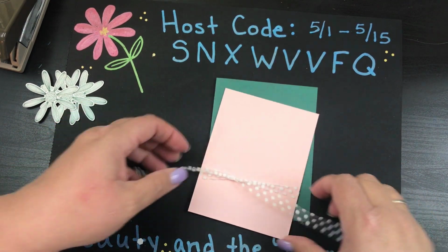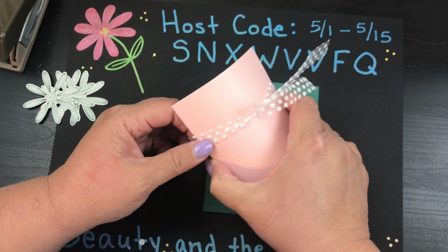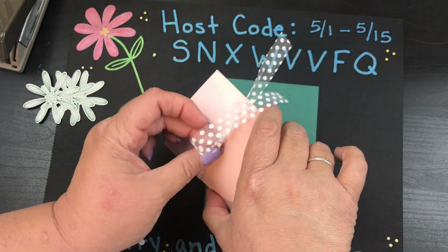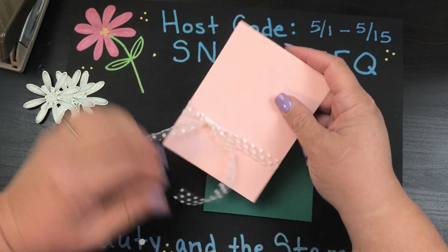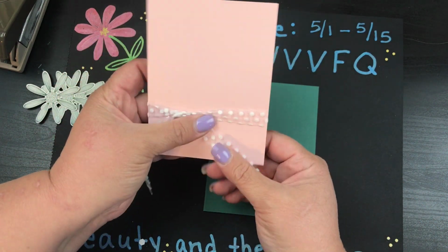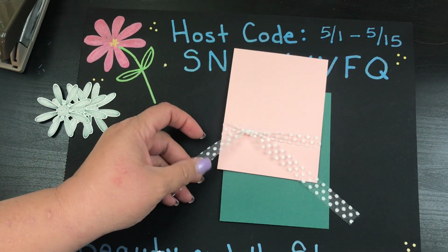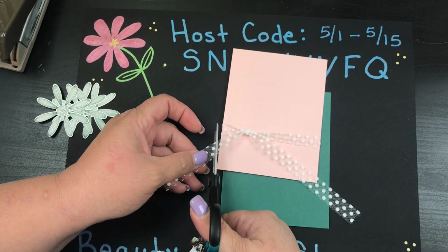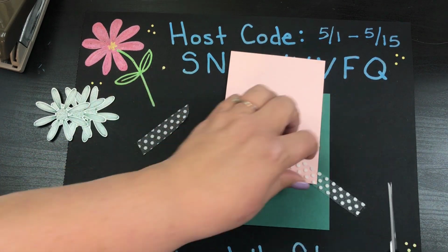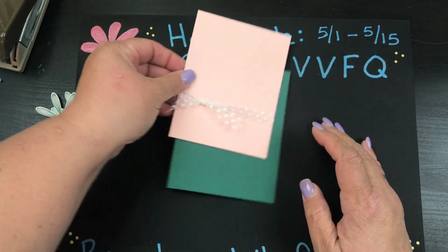So I am just going to put it, I'm not going to put it in a bow. Why? Not because I don't like the bows or because I can't do the bows, because these tools make it very easy to do the bows, but because I really want those dots to show. So I'm just going to take that. I'm going to put as much as I can. There we go. So we've got that little guy there. Now